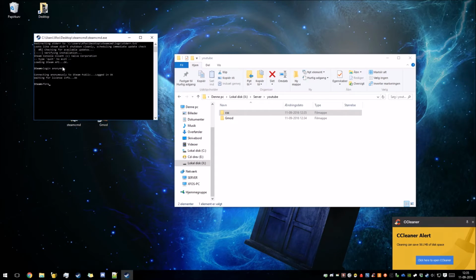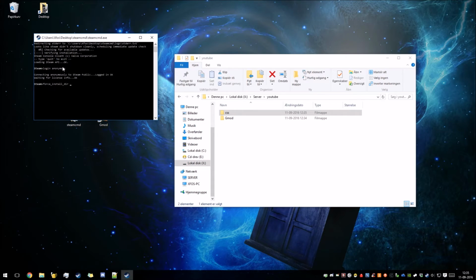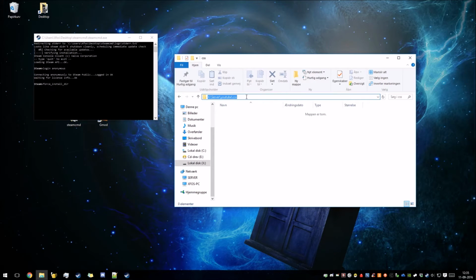And we'll force install dir. We'll go in here and copy the place where we'll have the CSS server be at. And then we'll type app_update,